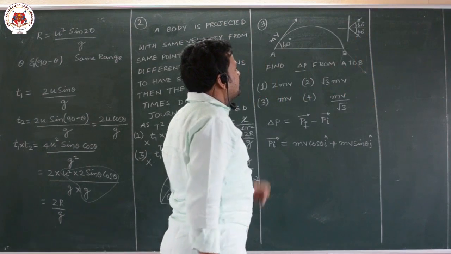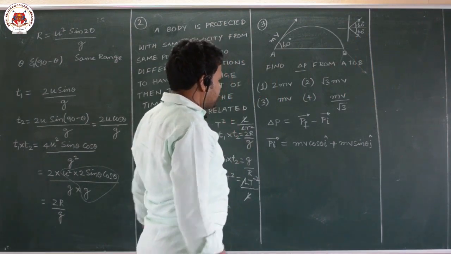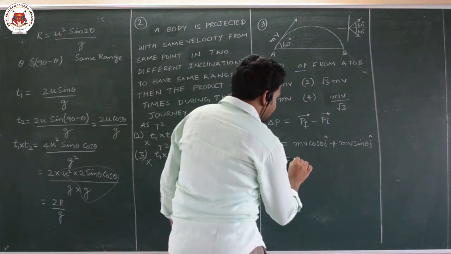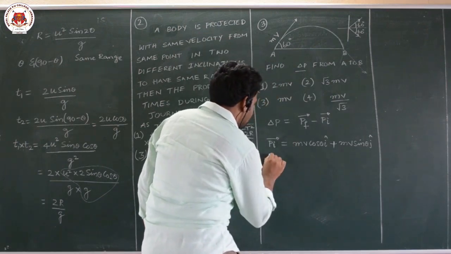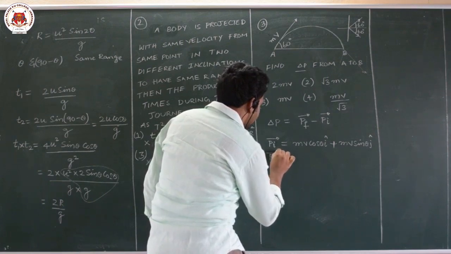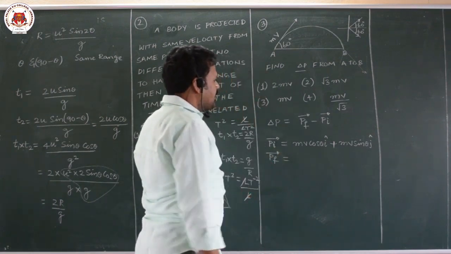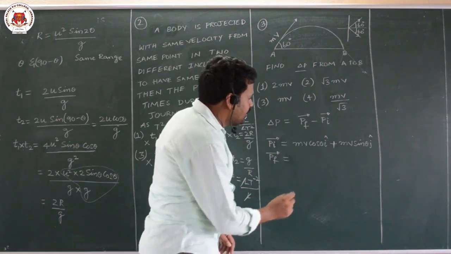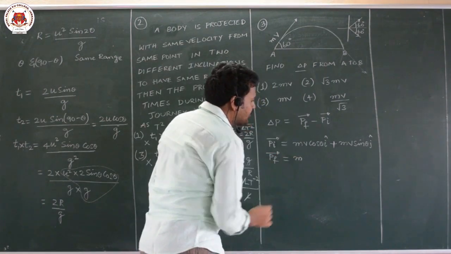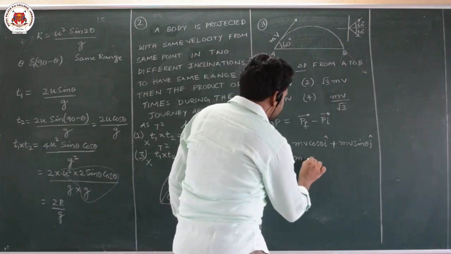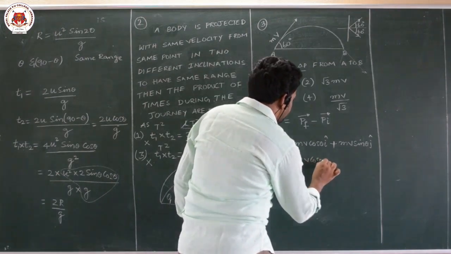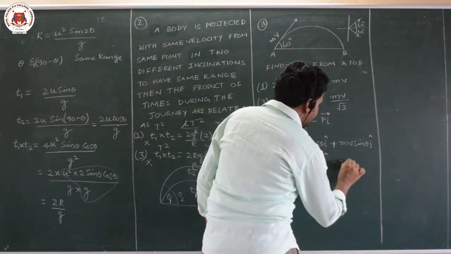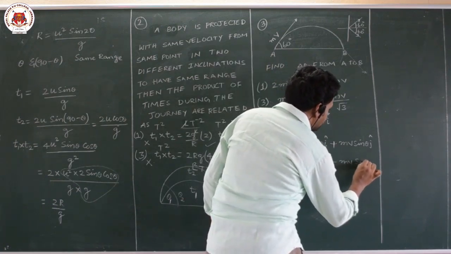Okay. Now, this is the condition. Now, if this is initial momentum, you can write mv, this you can leave like this only. Next, final momentum you write. Final momentum again you can write m v cos theta i cap and minus mv sin theta j cap.